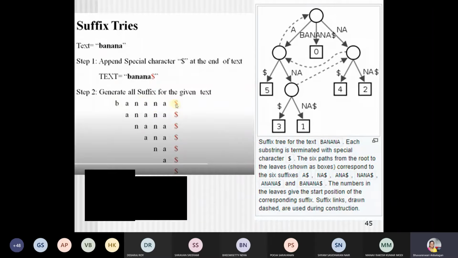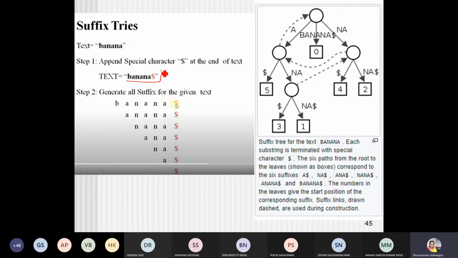Given the term banana, this is going to be the text that we are looking for. Usually in suffix trees, in order to denote the end of a particular sequence, we make use of a special character called the dollar symbol, which is appended at the end of the text. This is another advanced way you can represent the suffix tree. You see here banana, you derive all the suffixes and we have to build the suffix tree. Initially the value that we are going to look for is a.